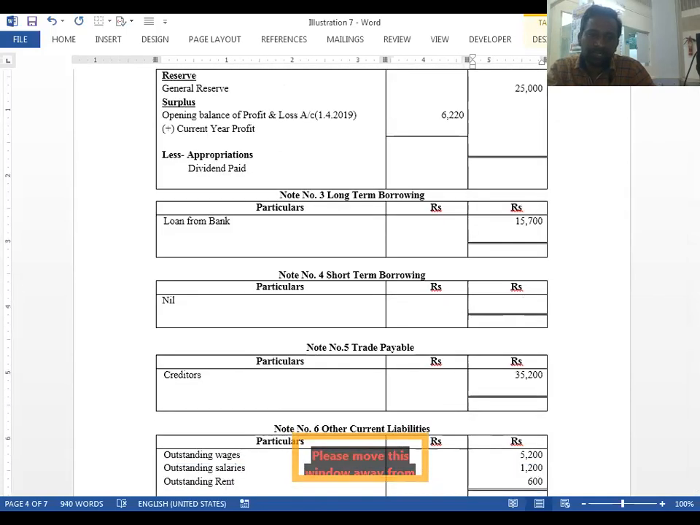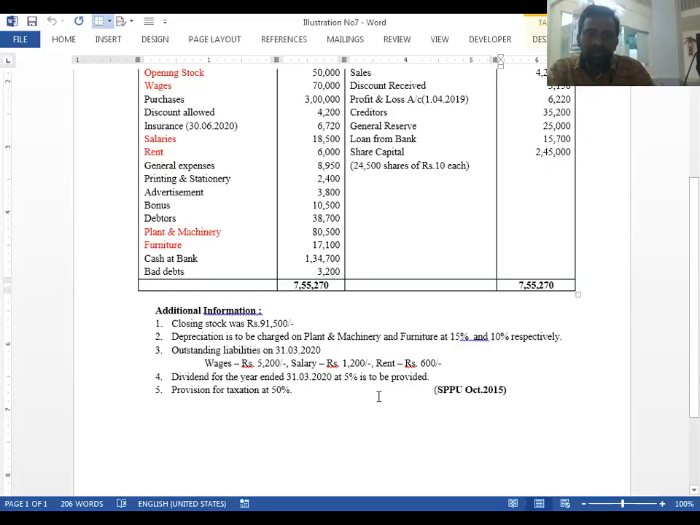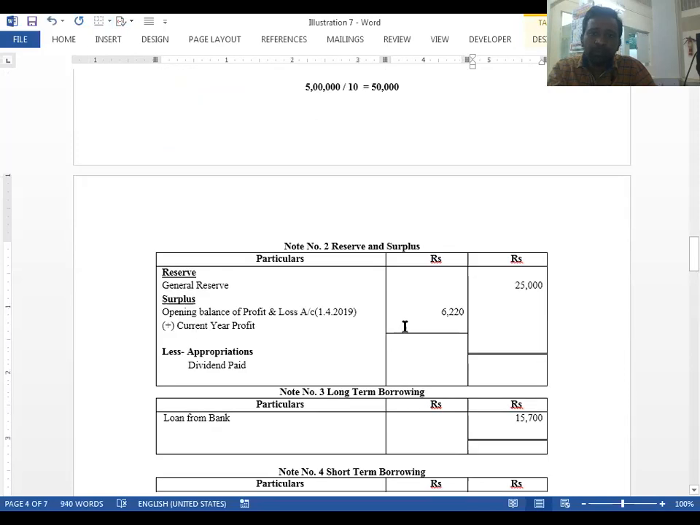Okay. And second adjustment, dividend for the year ended 31st March 2020 at 5% is to be provided. So the rate of dividend is 5%, and it is always calculated on the paid up capital. So our paid up capital is rupees 2,45,000. 2,45,000 multiplied by 5% is the amount of proposed dividend, and it should be deducted from the profit and loss account. So before calculating this, we need to transfer this profit,